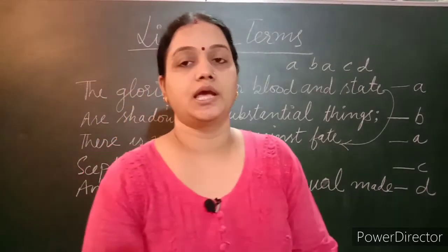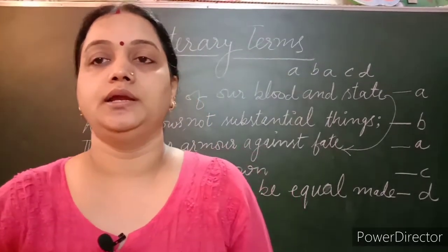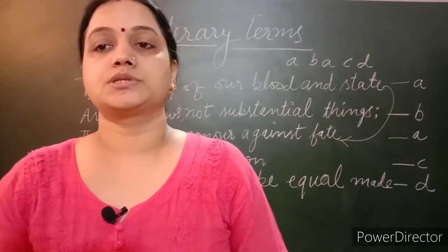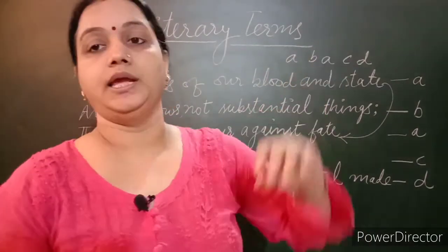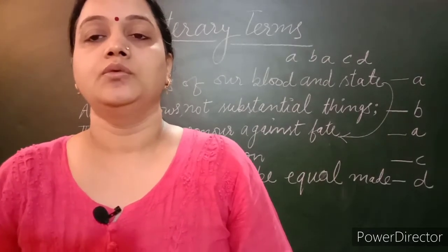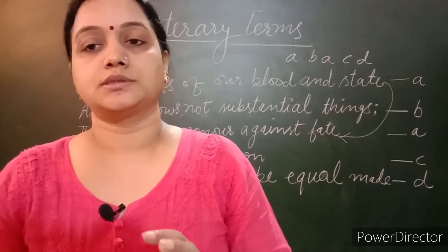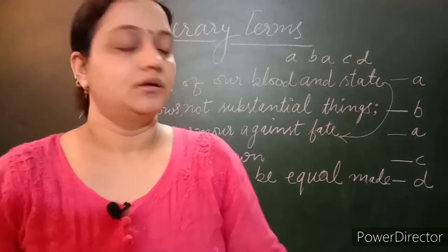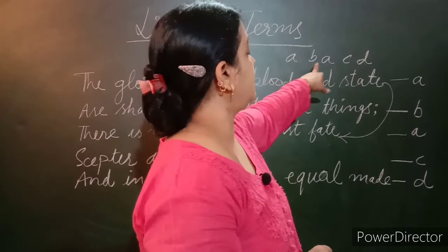Each line from the stanza has been marked with an alphabetical letter at the end of each line to indicate the rhyme. Thus, the rhyme scheme of the above stanza is A, B, A, C, D. It indicates that the end word of the first line rhymes with the end word of the next line. Similarly, the end word of the second line rhymes with the next. However, the end word of the last line, made, is different, and the rhyming scheme of this stanza is A, B, A, C, D.